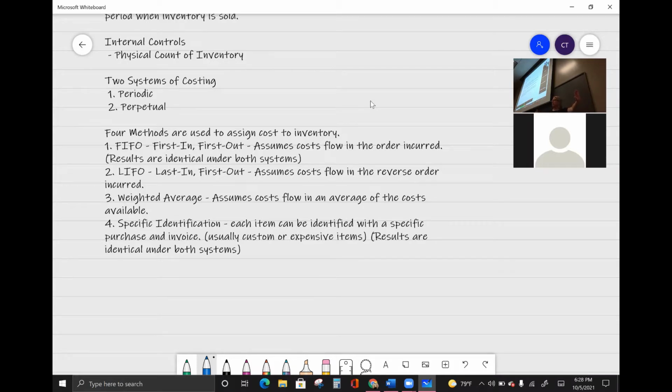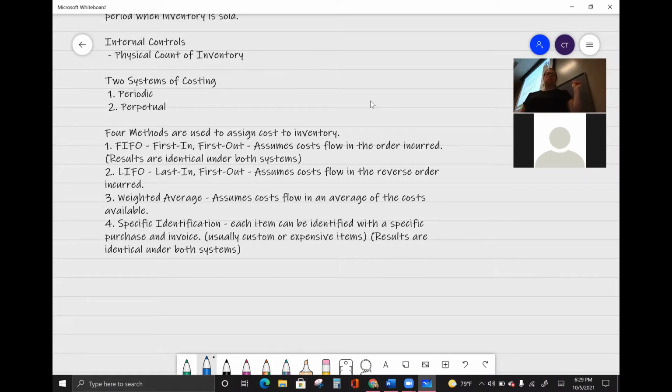What first in, first out is saying is that when I sell, I need to look to see what came in first. So all my stuff from maybe that purchase that was in May, that needs to go out first. Then my purchases from June go out. So that's the first in, first out. Then we have